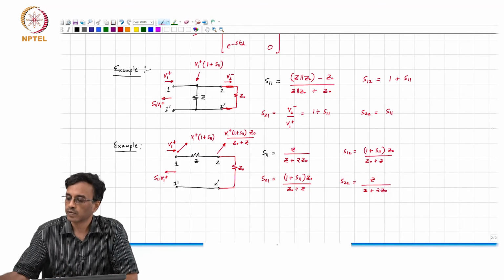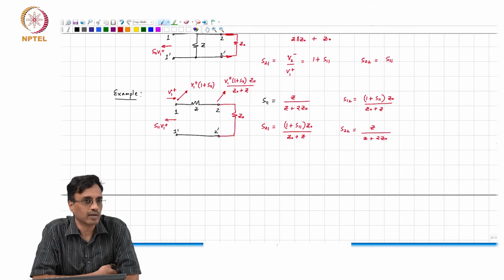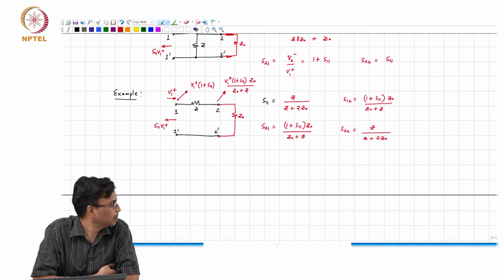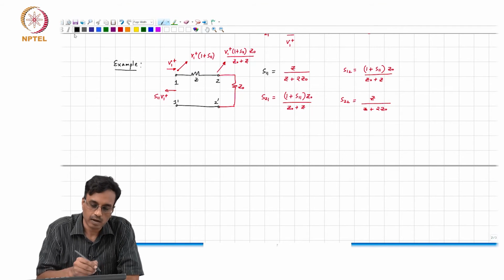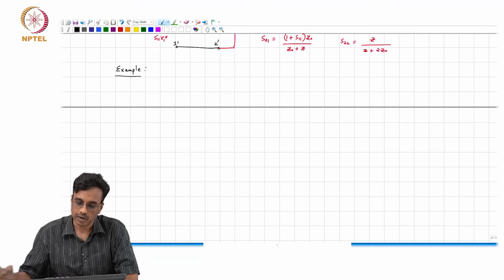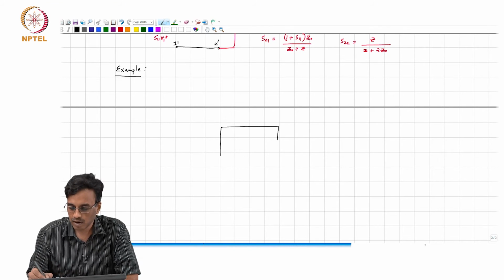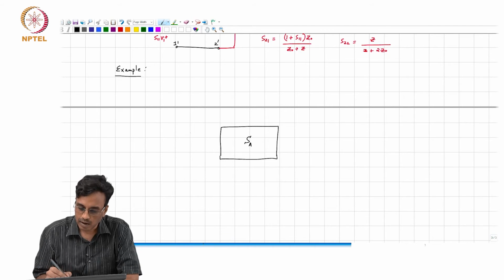Okay. So, I mean, you can keep doing this until you are blue in the face. You can generate as many examples as you want and keep calculating, right? The next example I would like to do is something. So, let us say you have a 2-port already, right, with a known S matrix. Okay. Let us call this SA, and now I connect